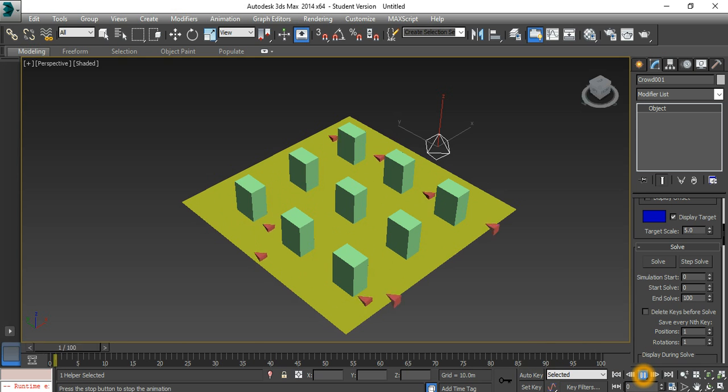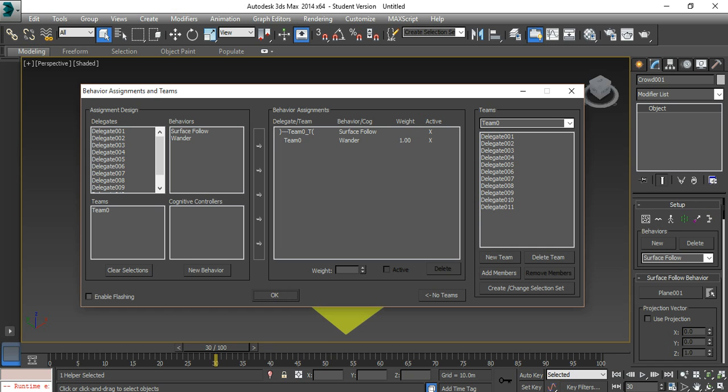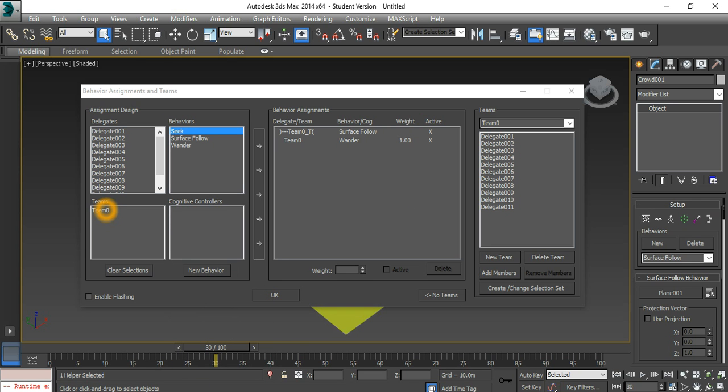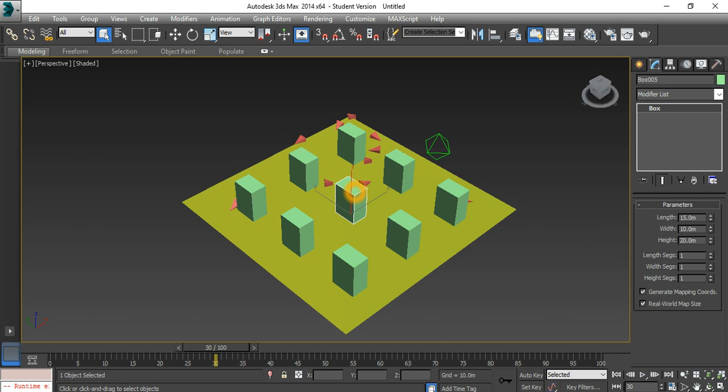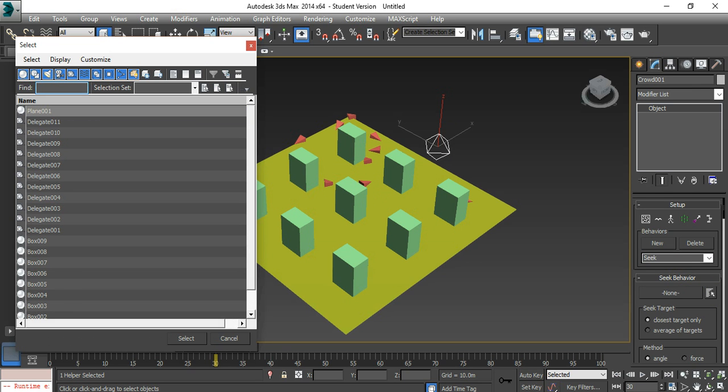So now that that's done, I'd like them to move seeking this particular box. So let's see how to do that. Click on the behavioral assignment. I'm going to give them the seek behavior, but I need to know which box number that is. I'll just show you how, and then adding that. So now this is box 5. So I go back to seek behavior and then I say seek box 5,